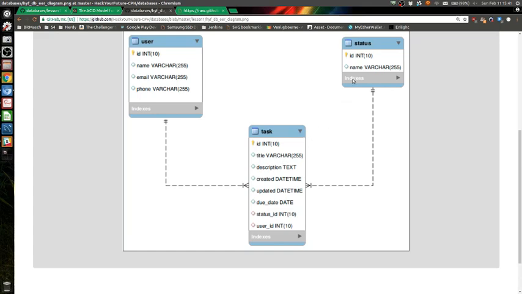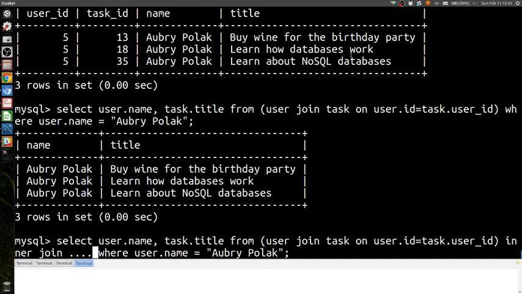So we want to add status into the join mix. This column called status ID points to the ID in the status table. So that's what you should use to do the join. Before you used the user ID and user.id, now use the task.status ID and status.id. So you just add the